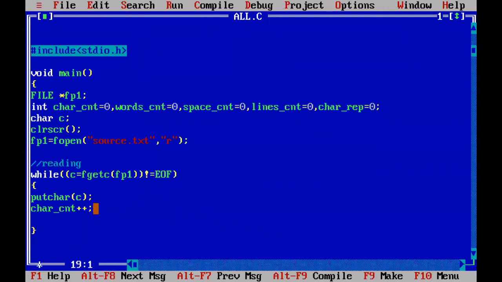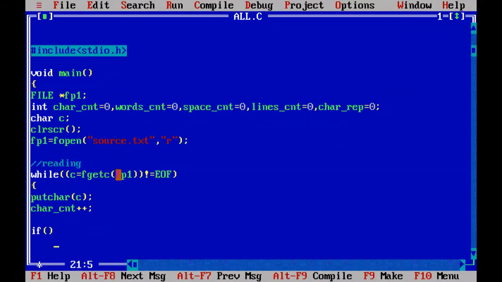And how to count the spaces? Whenever you are reading one character into C and entering the while loop, that same character you can compare in the if condition. So every time we will read one character, we will enter the while loop. We will read the second character, we enter the while loop. Third character, enter the while loop. Fourth character, enter the while loop, until all the characters are read from file 1.